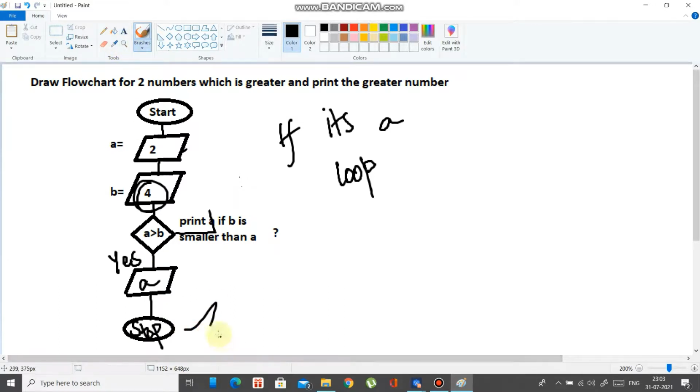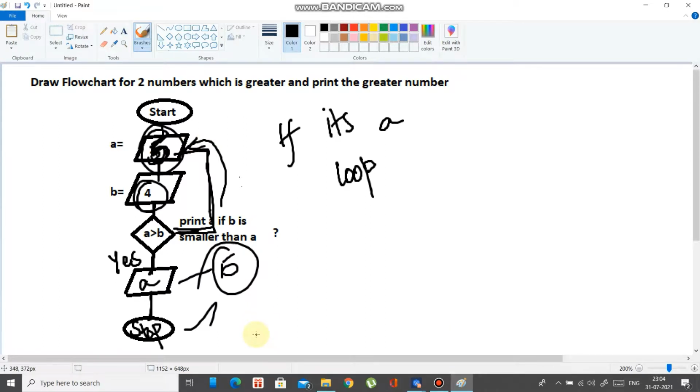This will be your final output. If it's a loop, then it will again go to A and ask you to change the value like 3 or 5, whatever value you are applying. Again it will check, and if yes it will go on, if no it will go back to A. So in this case if it's 5 it will print 5. If no, then it will go back to A.